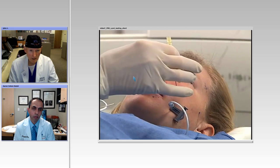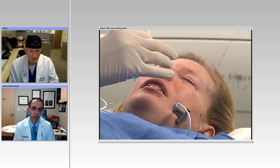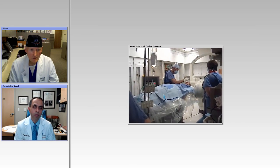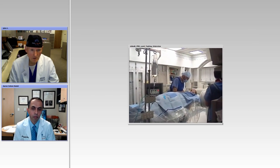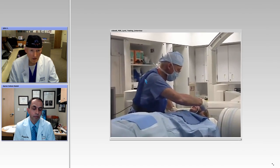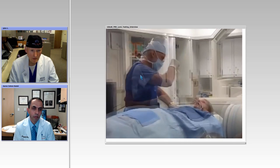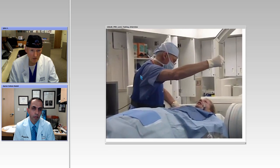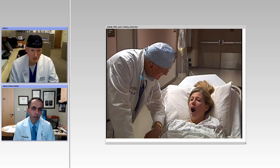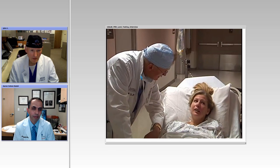And markedly hypalgesic in the second division. Okay, let's go back to the slides, please. Now, this is just the final testing to confirm that the patient has normal motor response in the trigeminal nerve, normal visual tracking, so no cranial nerve deficits of 3, 4, or 6, normal motor,